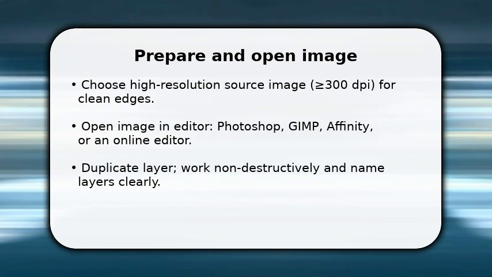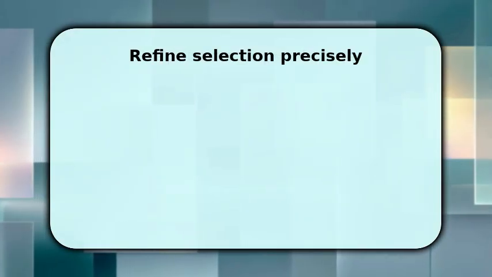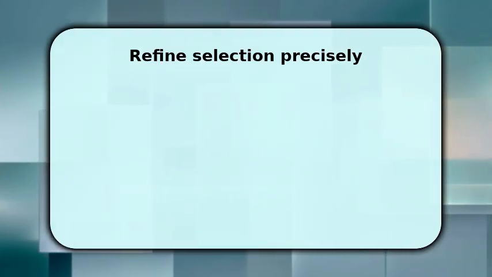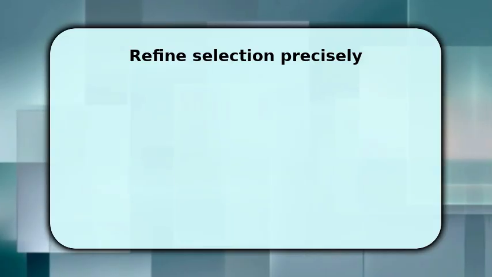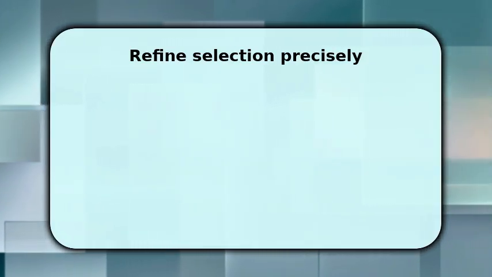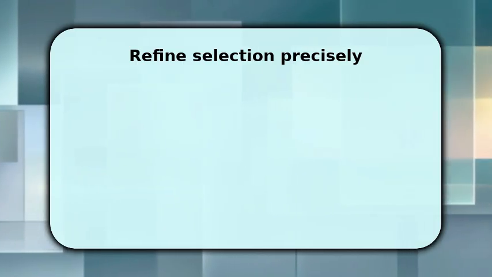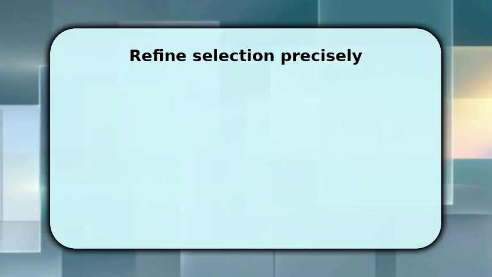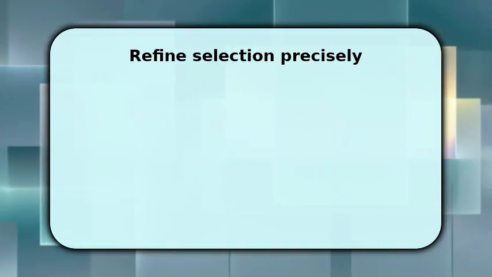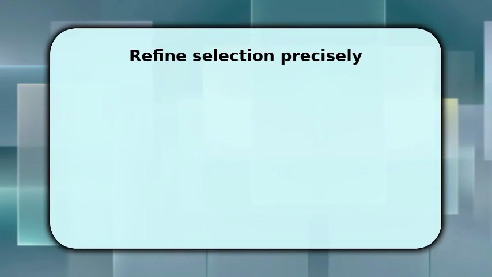Now focus on precision. Enter Select and Mask or the equivalent workspace and zoom to 100% to inspect edge detail. Use the Refine tool on hair and textured areas while adjusting smooth, feather, and contrast until edges read natural. Small values often work best. Once satisfied, output to a layer mask and switch to a soft brush to paint away haloing or recover lost